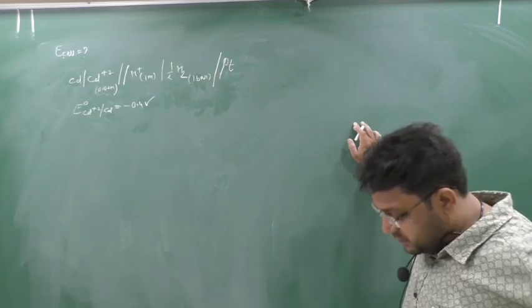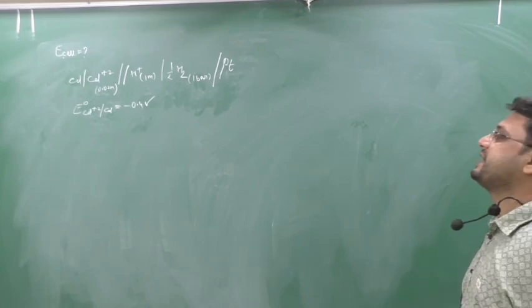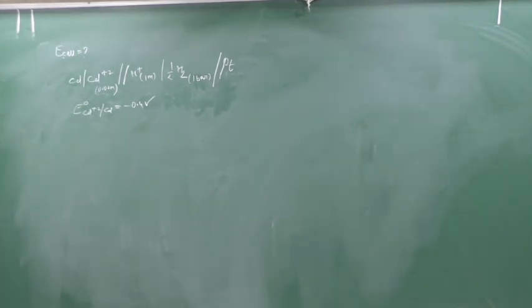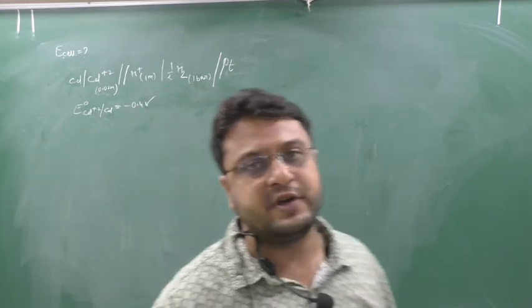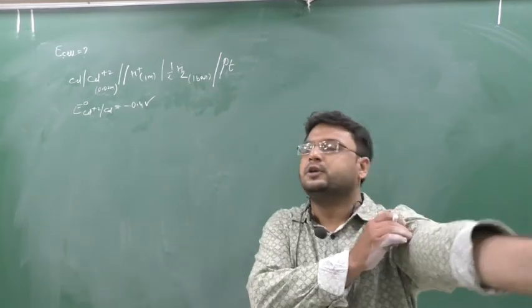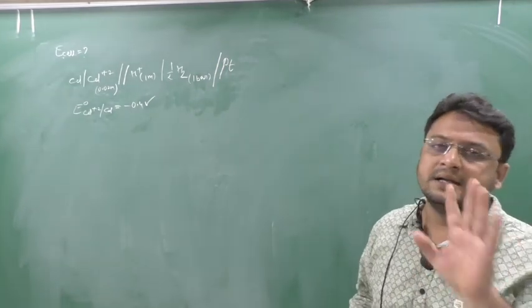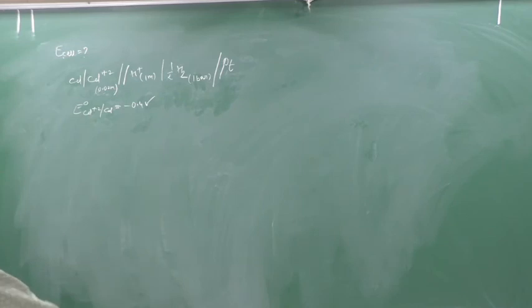Now one thing you would be wondering, that the standard cell potential for cadmium they have given, but the standard cell potential for hydrogen they have not given. Why? Because we know that the cell potential for the standard hydrogen electrode we consider to be 0 volt. So when you consider it to be 0 volt, they are not giving it. Whether they give it or not, the answer is 0 volt. You have to remember this, a constant value. So first write down the net reaction.